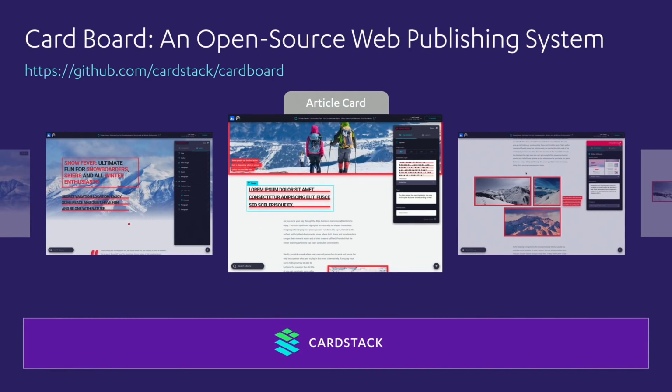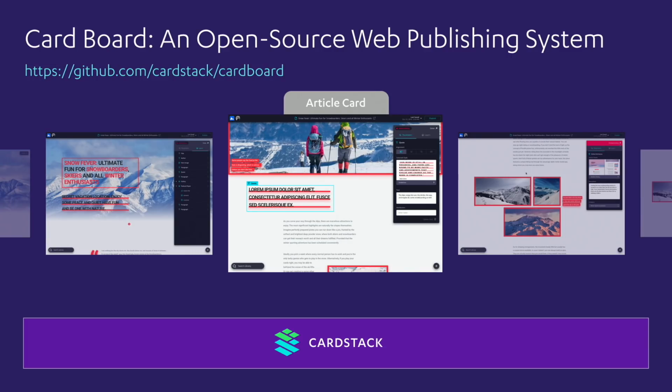So we have an application that we built in March to showcase what we call an article card. Cardboard is an open source web publishing system. If you go to github.com/cardstack/cardboard, you actually see a version of this. This is a slightly refreshed design, which we'll be rolling out soon. And we have a concept of an article card. So it's like the web page that I talked about earlier in the content creation and distribution side. An article card can contain some text, some images, and that bundle is stored in Git.